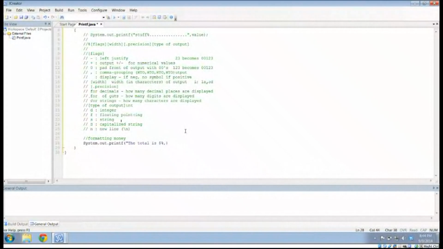So this is going to be a comma, because I want the comma grouping, a decimal place because I do want decimals to show up, 2. So this .2 is my precision. In other words, I want 2 decimal places. And I'm dealing with floating points because money involves decimals. And then at the end of this, I'd force it to do a new line. So that's the end of my string literal. And what I can do is take the amount of money that I'm dealing with. So if I'm dealing with a $5,000 car, if I go ahead and run this,